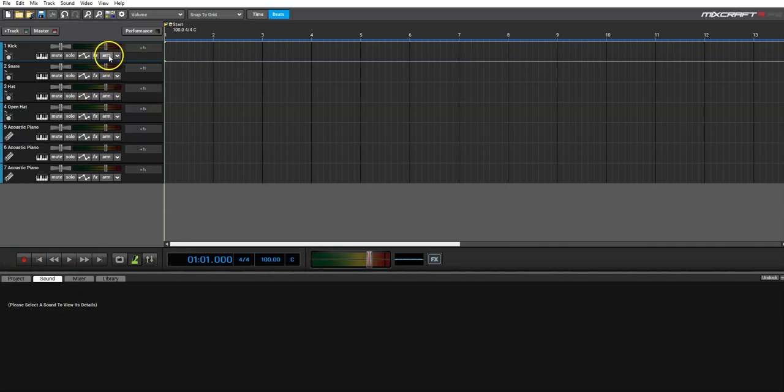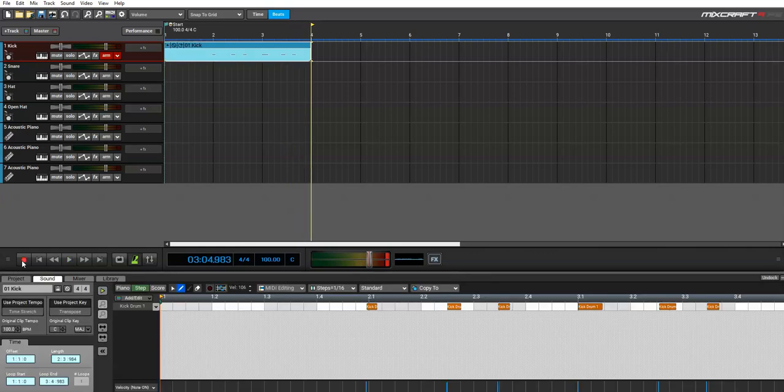So I'm going to hit arm on that track because I want to record the kick track, and record. I've got that done. I can hit play back on that. Now you'll notice I had an empty measure here at the beginning, but before I fix that, I'm going to